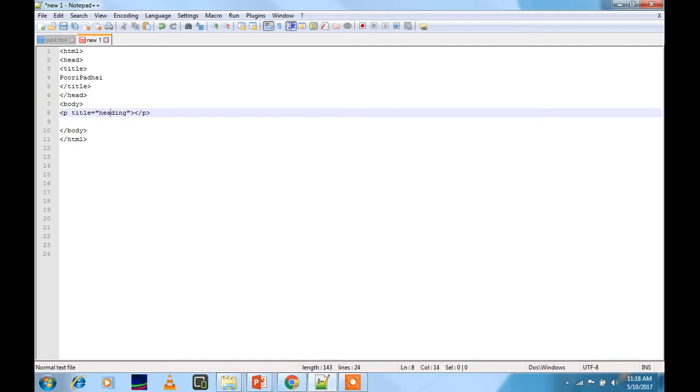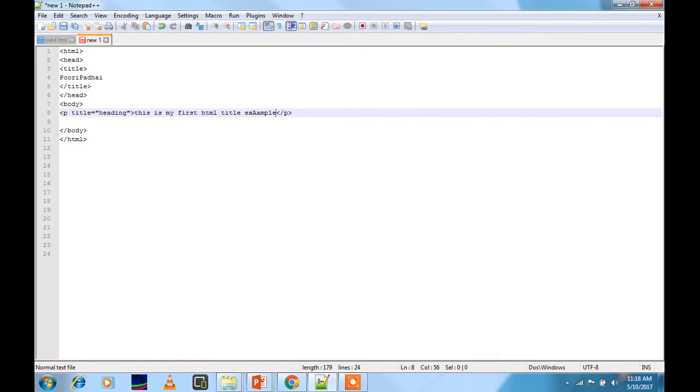Okay, and here it was supposed to be written, so title is equal to description, and here it was supposed to be written the content, and here in content you can write anything, that this is my first HTML title example. So this is the content that we have given randomly, just to explain to you all what it's all about.